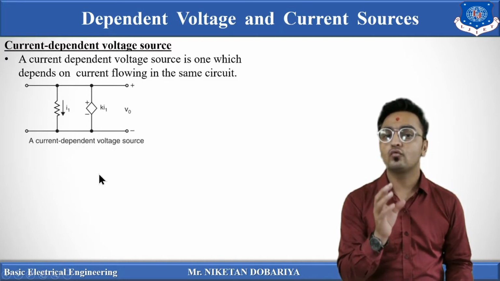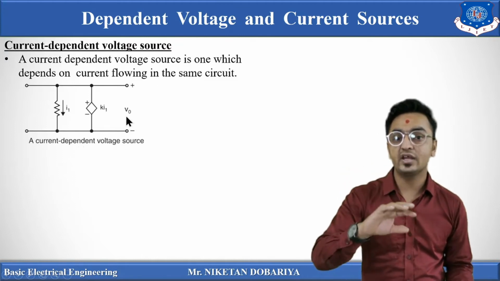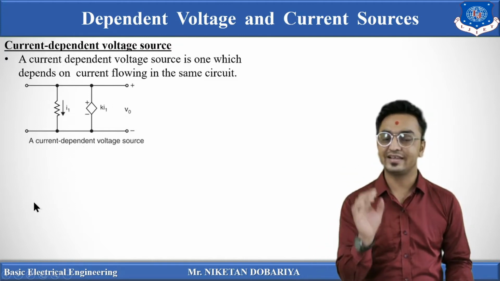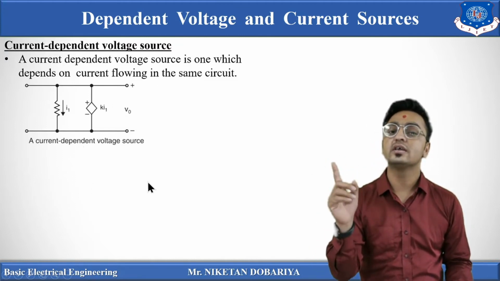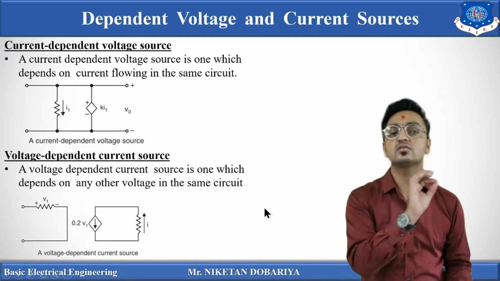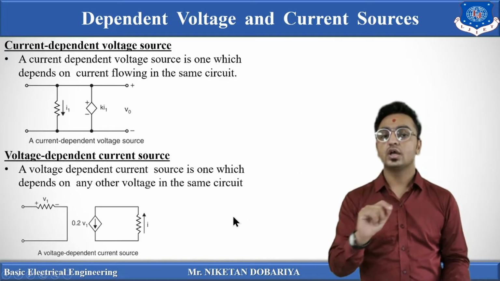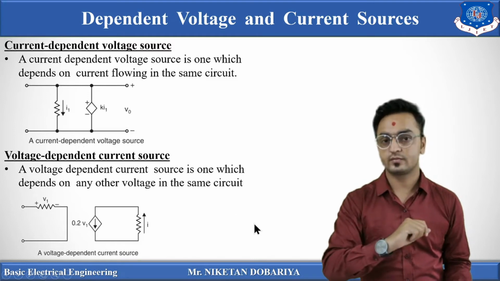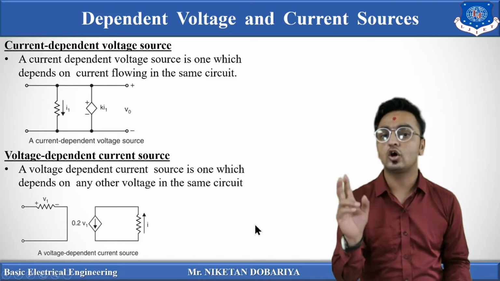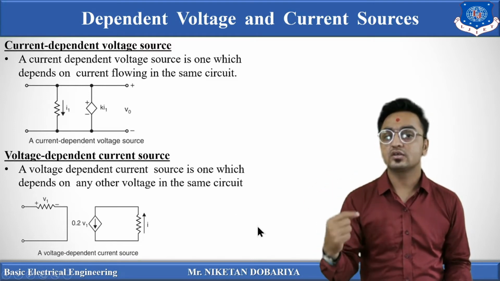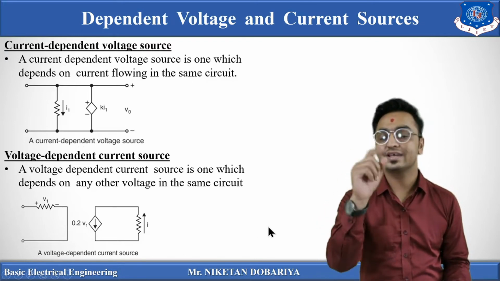Basically, the output voltage of the source depends on this current. That's why this is known as a current dependent voltage source. And next is the voltage dependent current source. Now, first of all, let's observe the difference between the symbol of a voltage source and a current source in the condition where it